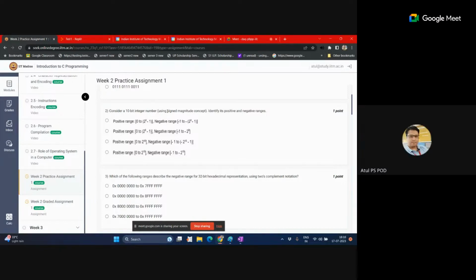Now you can see that if you are considering the first bit as the sign, then what is the range for the 9 bits? It should be 2 raised to power 9 maximum. No, actually, if you are starting from the positive side, the positive side will start from 0. 0 will be considered neutral, you can say, but the range will be